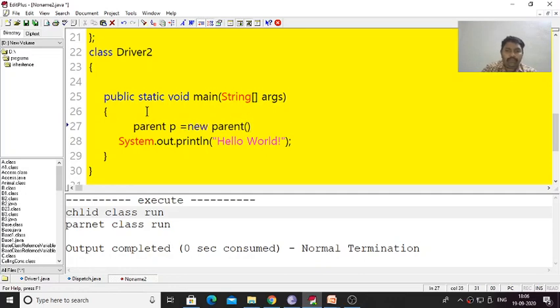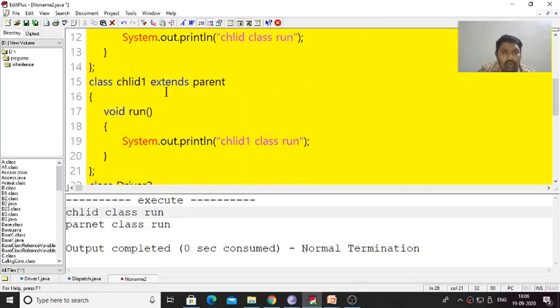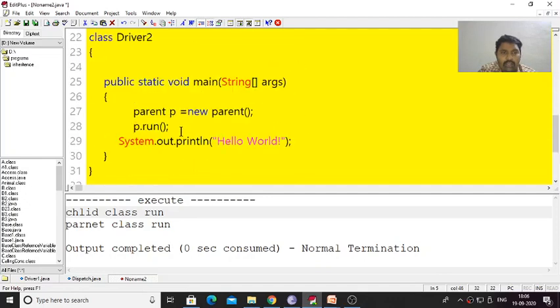Now with the help of that p object, I am calling the run method, p.run(). We can automatically guess the output of this program. It is going to call the parent class run method, so the output we expect is parent class run.